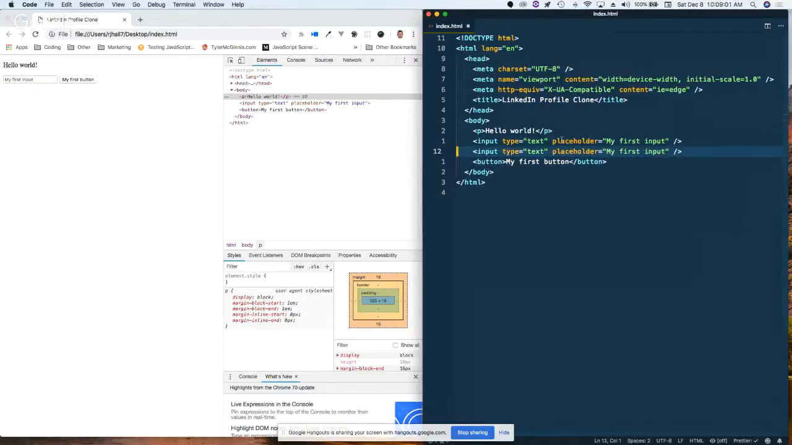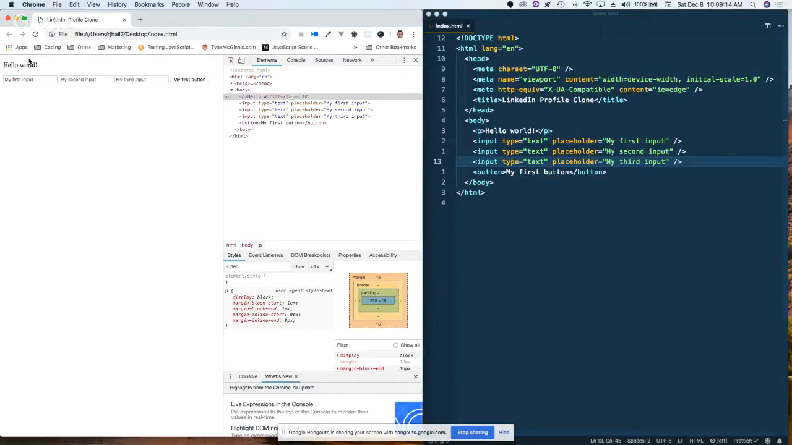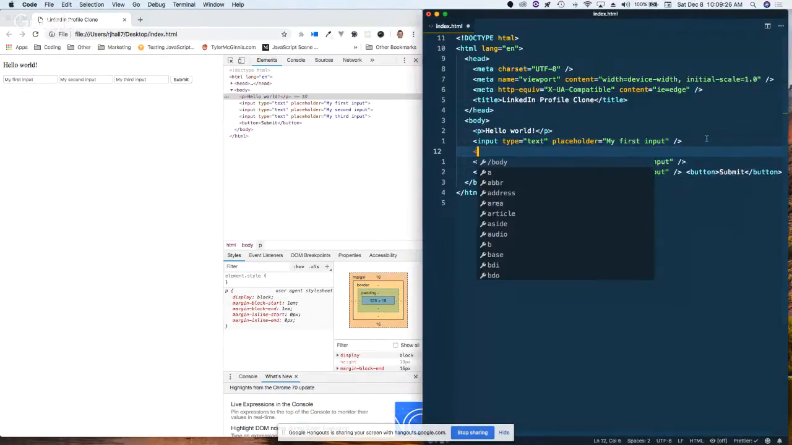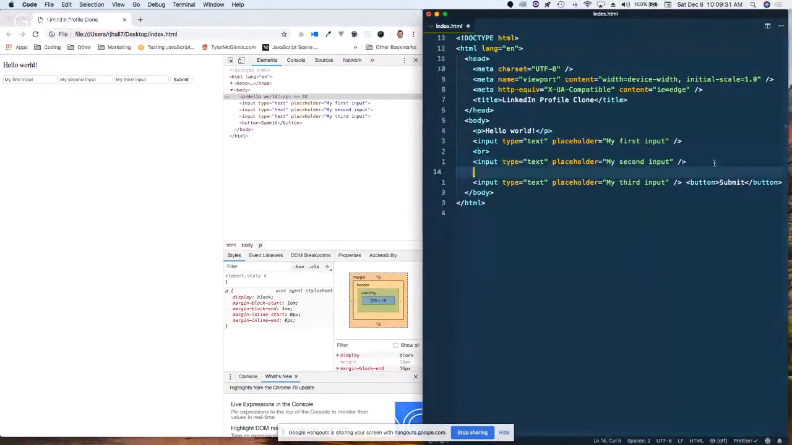If we copy and paste that a few times. Come over here. First, second, third, boom. We can change this to look like submit, kind of the end of the form. HTML has little helper tags. This is one of them. This is a break tag. So if we have